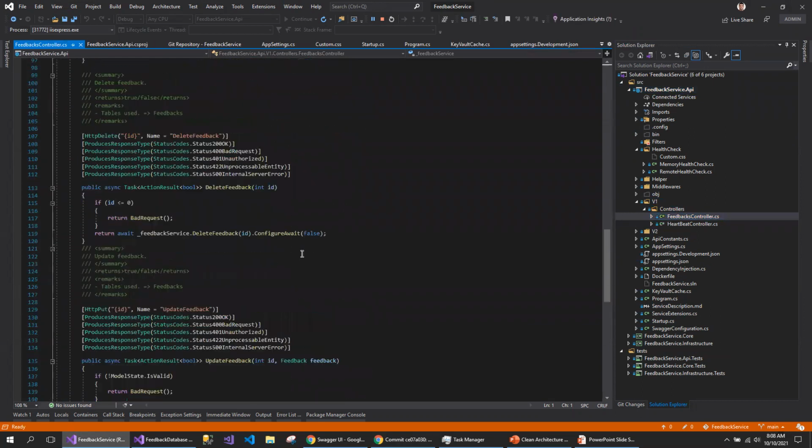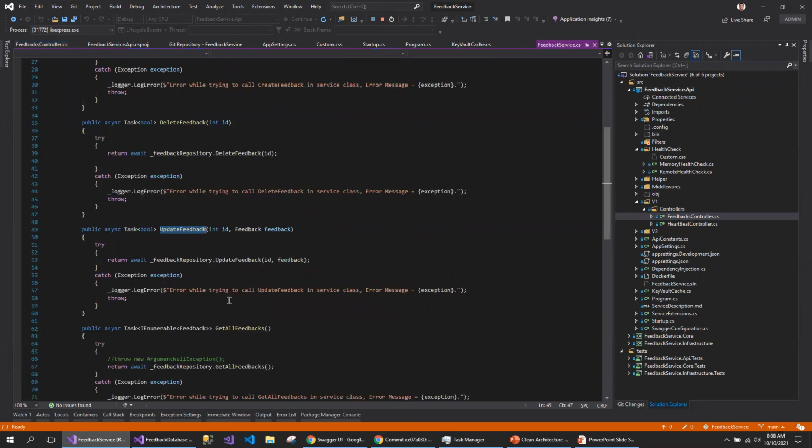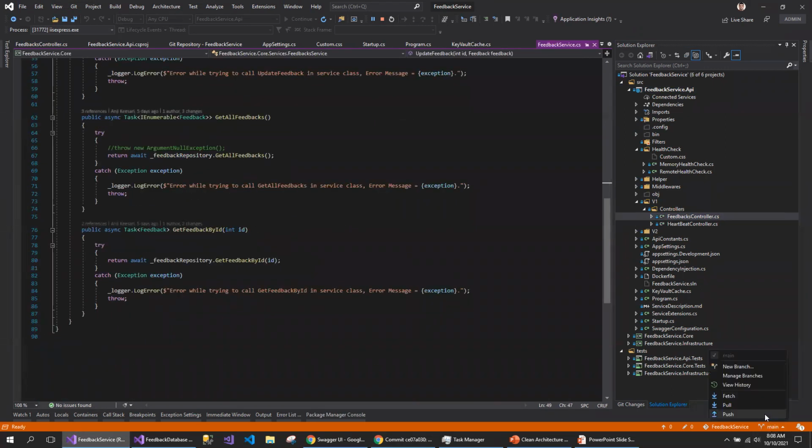So I have all these endpoints in the code. Let's take a look at if I have the latest code. If you don't have the latest code, you can pull the latest code just by clicking on the pull. In order to create the Azure services, there are different ways to create the services.